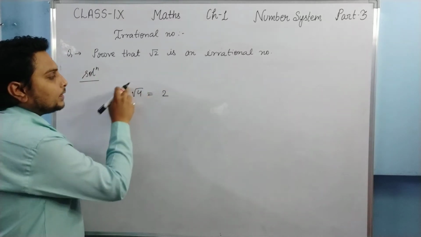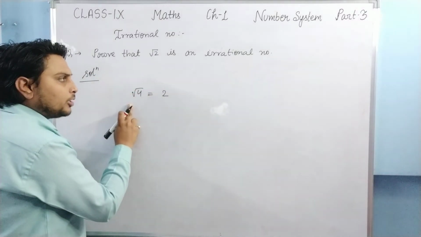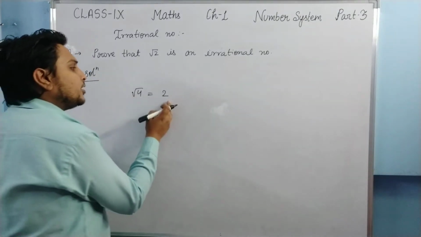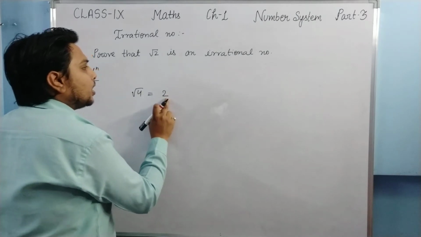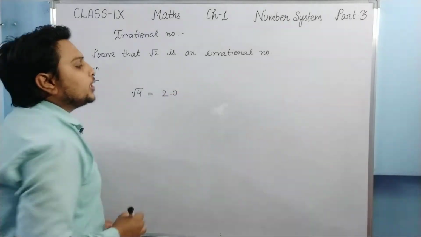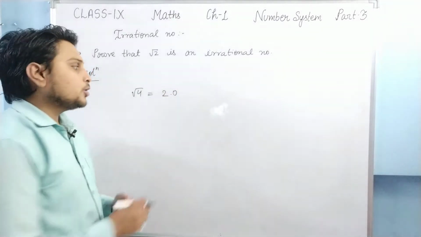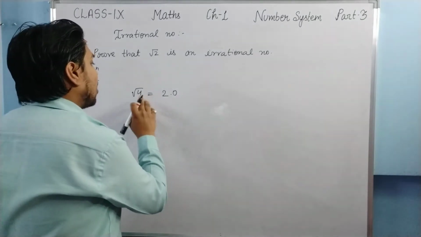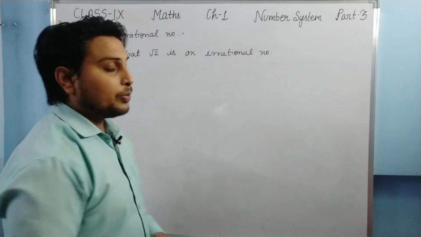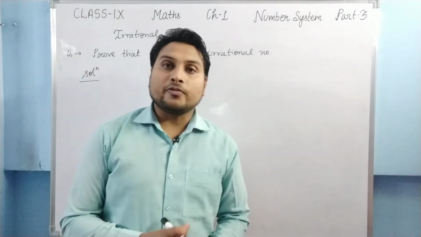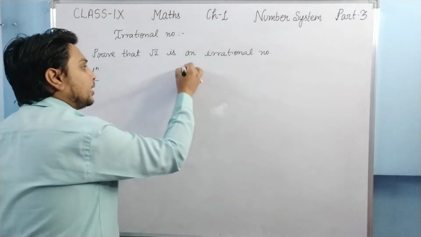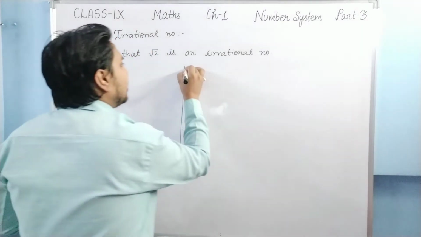So is this number an irrational number? No, it is not an irrational number, because the value of this under root 4 is a terminating type of decimal. Okay, it is 2.0, so it is a terminating type decimal. So it is not an irrational number. So how can we find the value of any square root? This you have studied in your previous classes, the method to find the value of a square root term. But here I am going to remind you once again how we can find it.